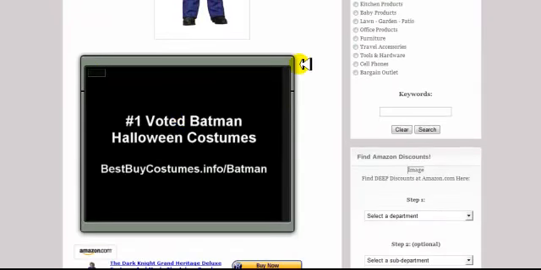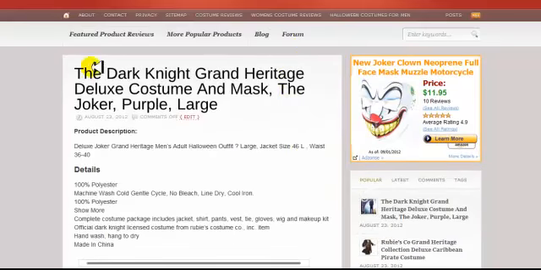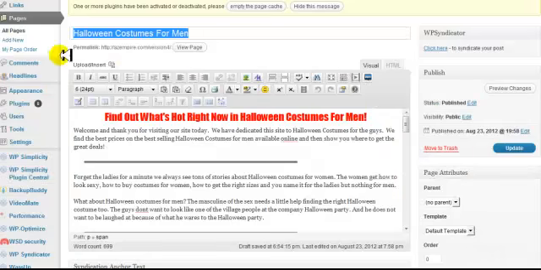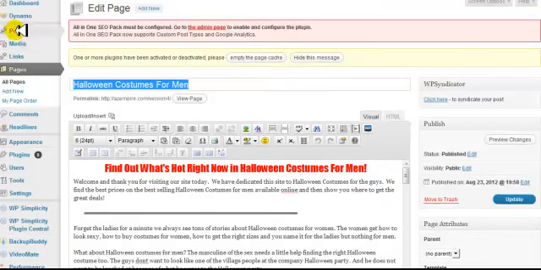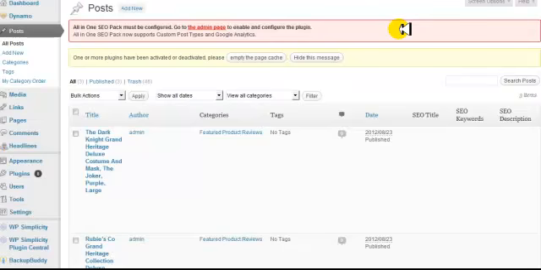Well, let me back up just a minute. Okay, this is a post, and that's what this is. So let's take a look at where that's at. If we go to post, all post, okay,